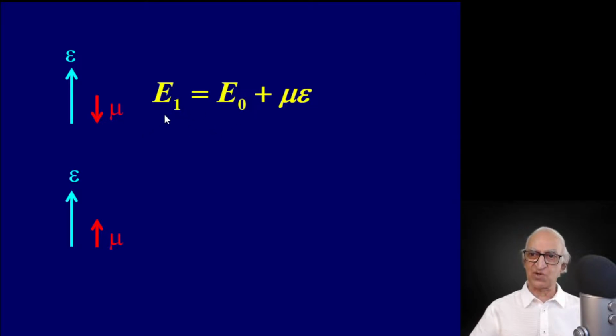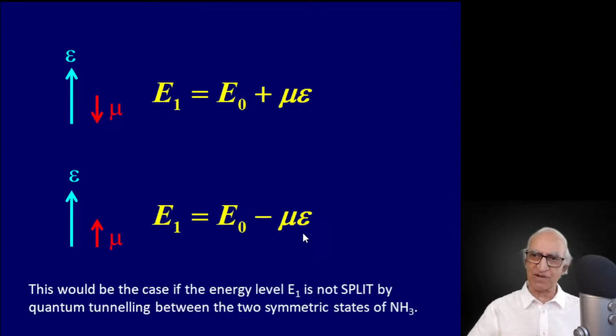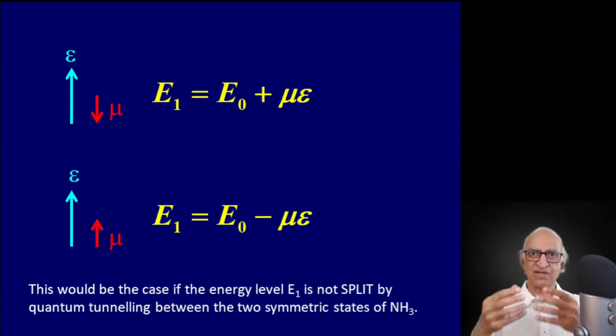And if there was no quantum mechanical tunneling, the energies E1 and E2 would be equal to just E0. Therefore, what this dipole moment does is add an energy plus mu E and subtract an energy minus mu E. But please remember that this formula, which I have written simply to recall what we wrote in Zeeman splitting, cannot be correct, because the energy levels E1 and E2 are not equal anymore. They are E plus A and E minus A. So you have to solve this problem in an honest manner, and it's a very simple problem to solve.